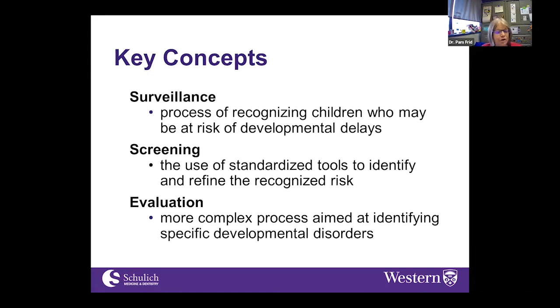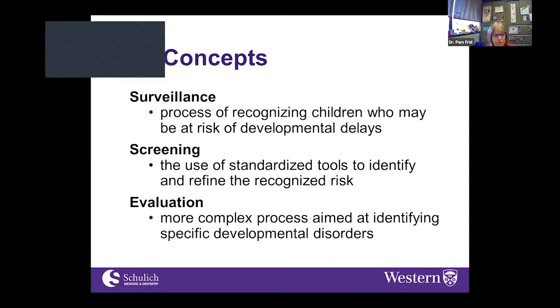So if we're going to understand the concept of trying to deal with children presenting with developmental delay, we actually have to think about this in 3 stages. The first is surveillance, and that's just the process of recognizing children who are at risk for delay. Then for those that are at risk, we screen them, and the best way to screen is using standardized tools. And the third step is the actual formal evaluation that comes beyond screening. So screening is identifying those children who present with difficulties, but evaluation helps us to actually figure out what the cause is and what we need to do about it.